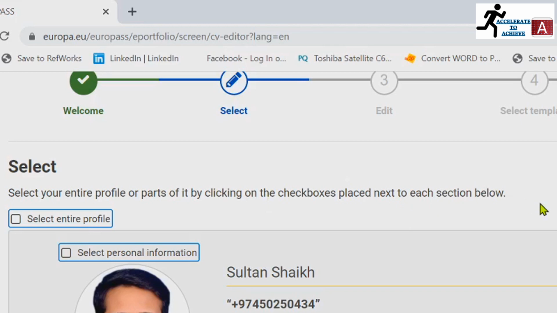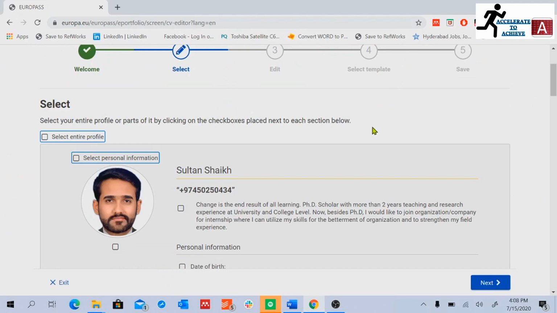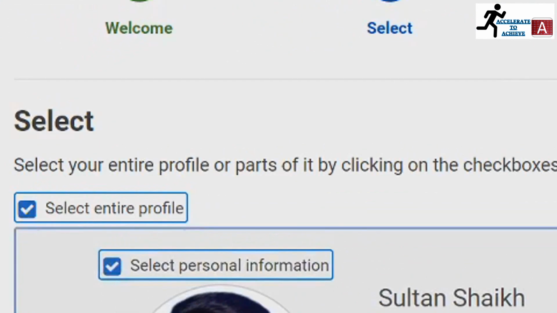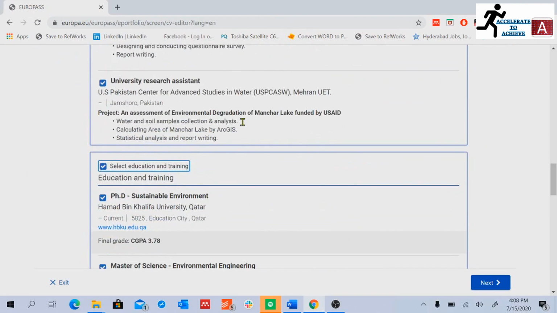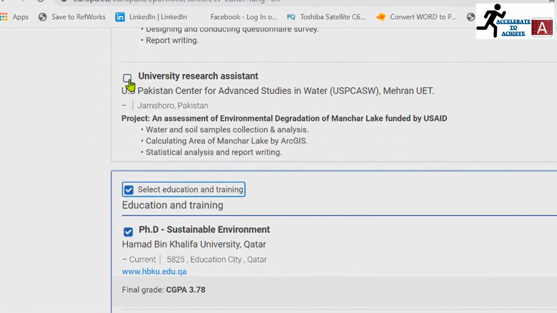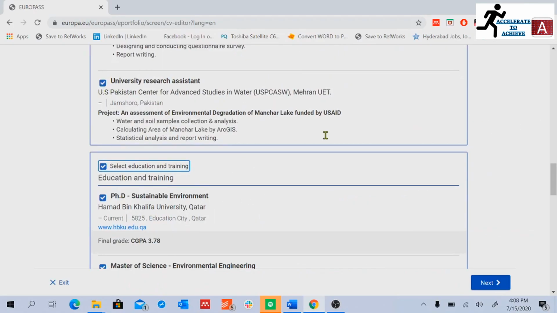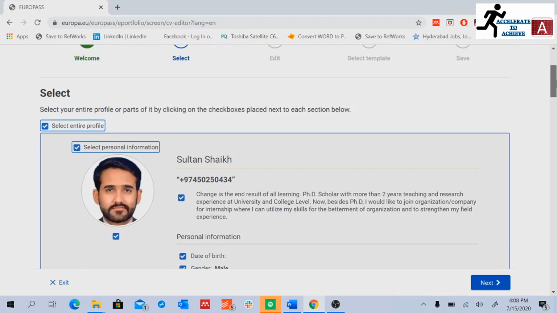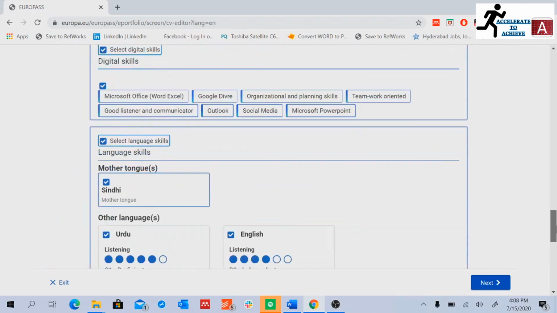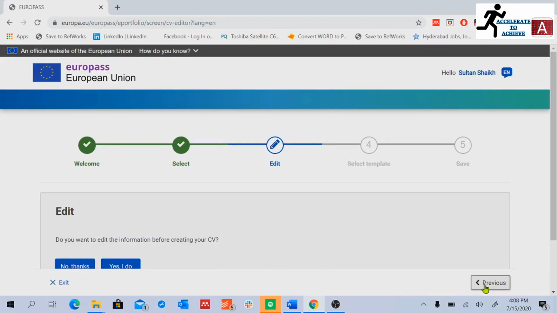If you want your whole profile to be present in your CV, you just have to click on select entire profile. But if you want to exclude any portion of your CV, then you just uncheck that box. But I want my whole profile to show in my CV, so I just select all the sections and then I click on next.